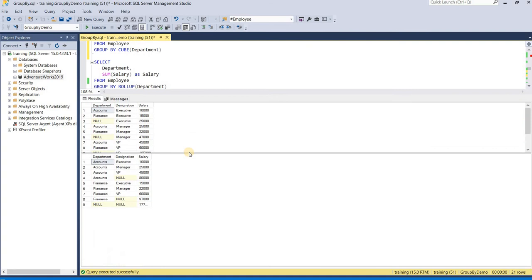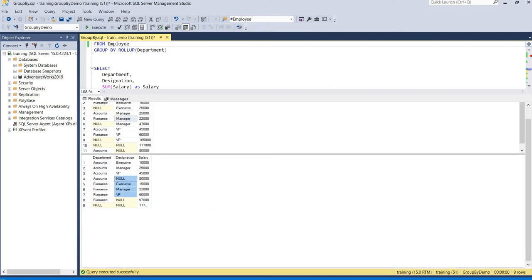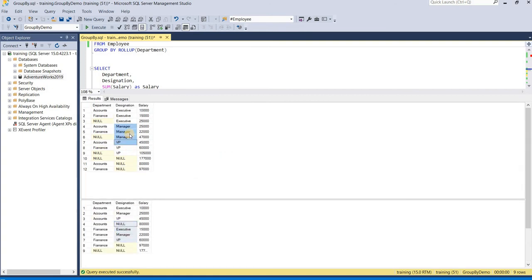Now just understand, in cube, our first query was cube. Here it has generated 12 rows, and in rollup it has generated only 9 rows, right? So the difference is that in a cube it generates the subtotals in both directions, that is, for department and designation, whereas in rollup it generally doesn't create subtotals in both directions, for both the columns, but